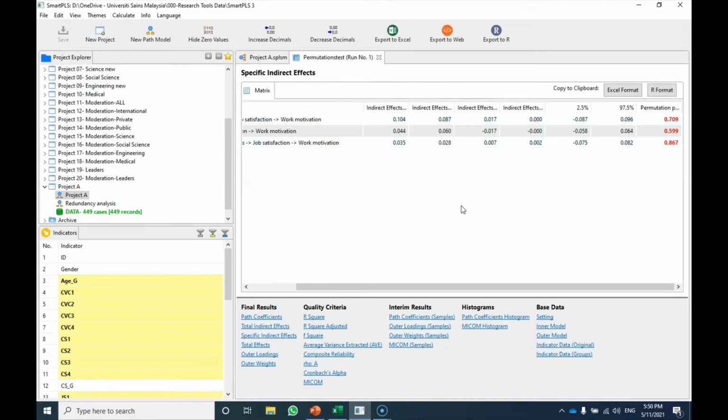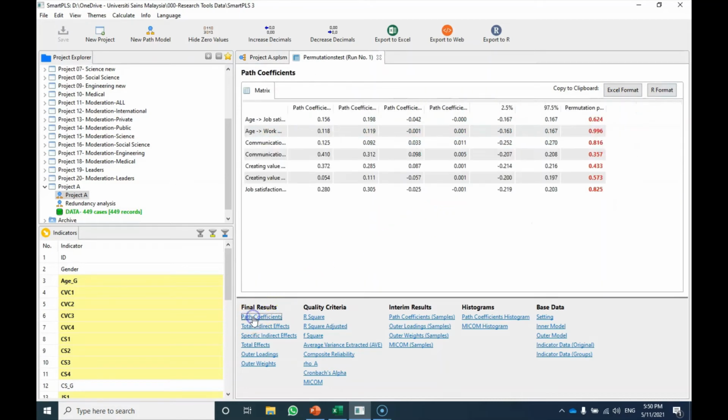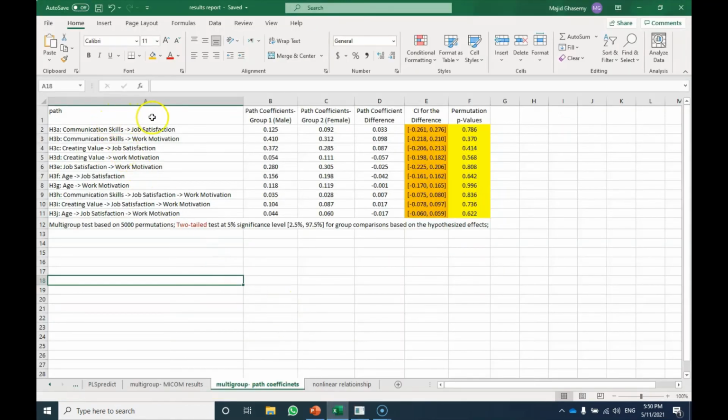Now to report the results, you can simply copy this information using the Excel format button into an Excel file, and also you can consider copying this information into an Excel file and creating a table to report the results. I have done this, so let me just show you the results here. What I have done is that I have created a few columns. One column is the path column, and you would see that I have broken the hypothesis H3 into a few